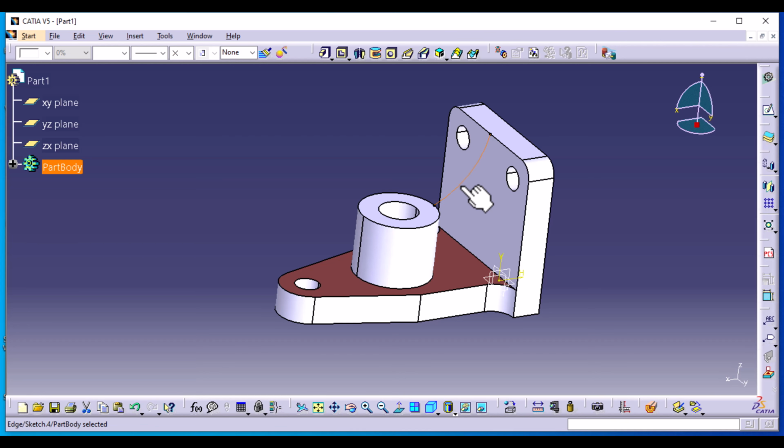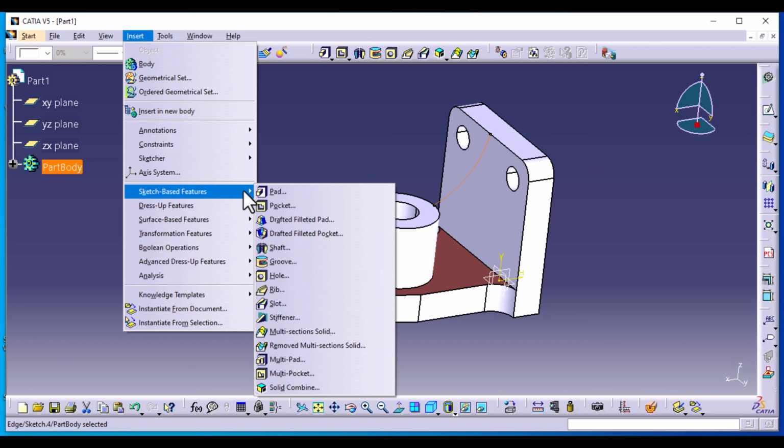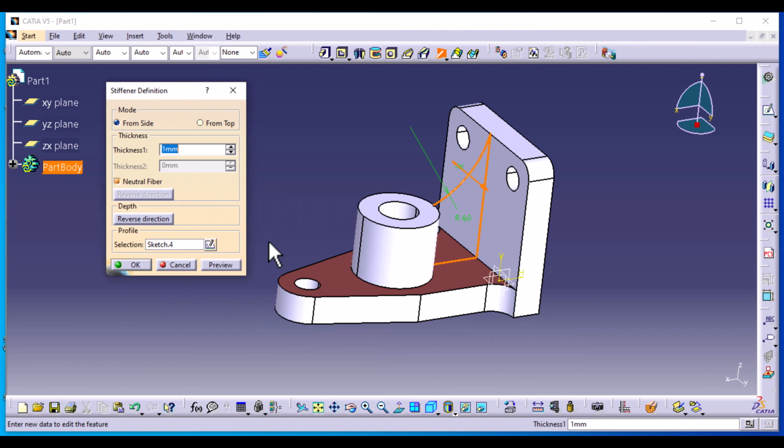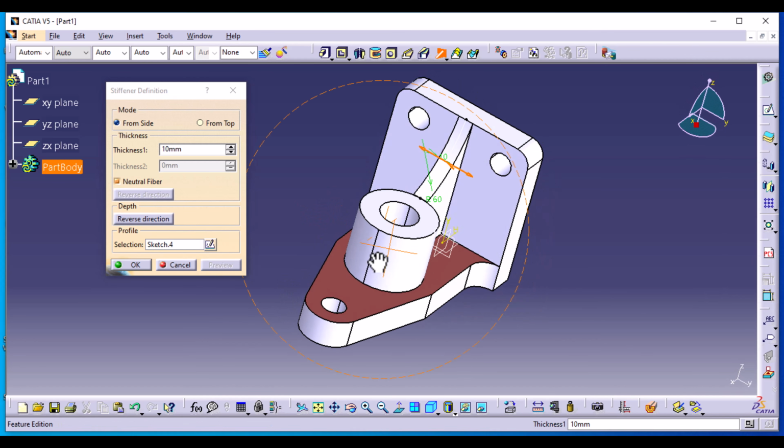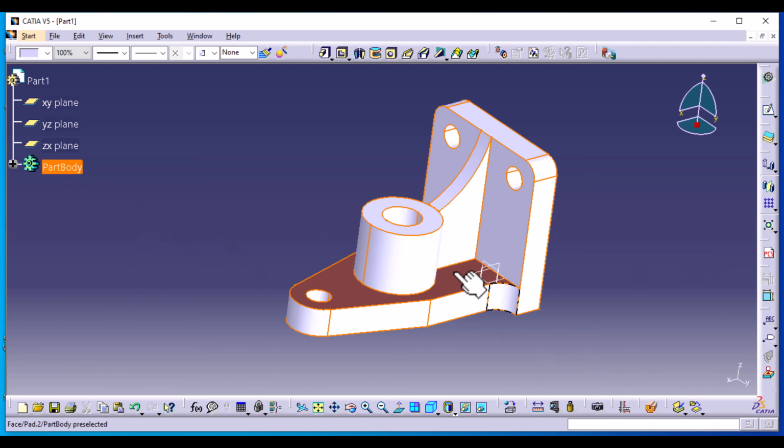Now we can use this one to create a stiffener. This is the icon for the rib. I need the stiffener. So let's try from the insert menu, dress up features. Now sketch based features, select stiffener. Specify the thickness, which is 10 millimeters. Preview. Make sure neutral fiber is selected. That means that it goes both ways. The thickness is distributed both ways. And preview, select OK. Now I can select the entire part body and change its properties to a different color